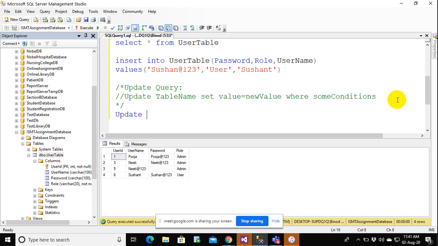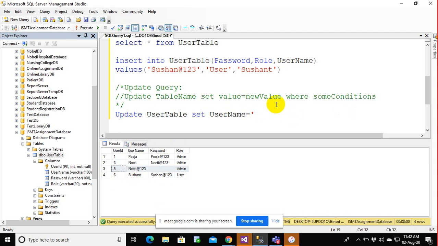So update query will be written update user table, set username equals to, let's say I want to update the user whose ID is 5. So I'm going to set the username from Niti@123 to Niti.